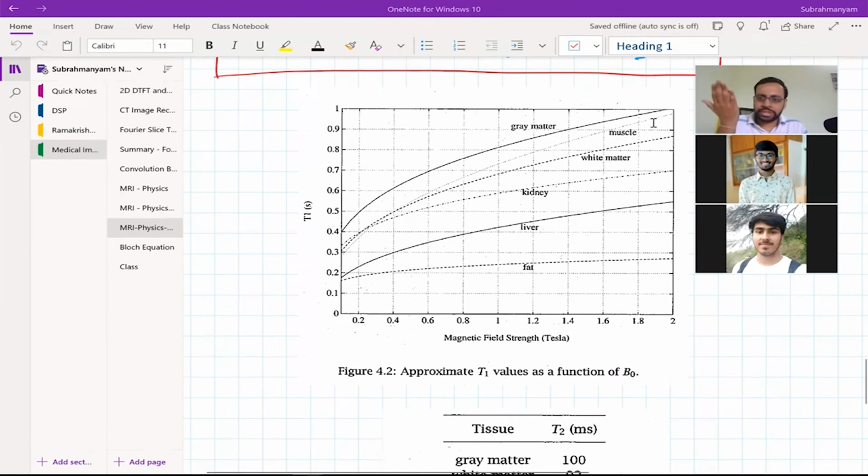Again, they want to reduce these relaxation times also. So what they do, while doing, for example, some MRI of the kidney, is inject some agents that would speed up the process of this relaxation. So these timelines would come down. For example, one such thing is gadolinium. They would give you the contrast agent gadolinium, injecting it into your veins, and then they will take